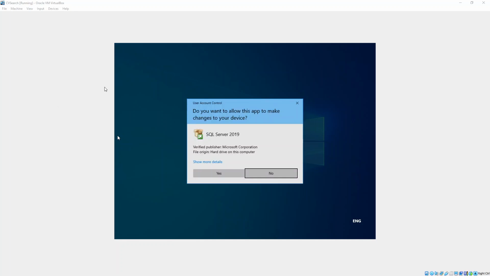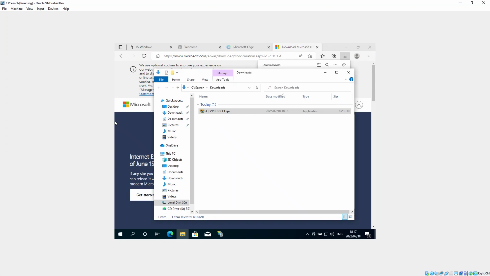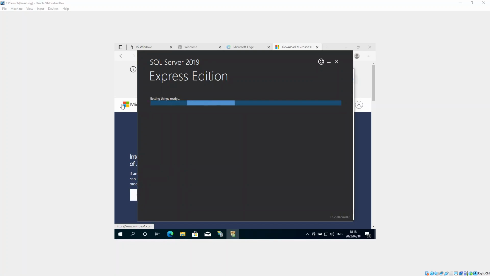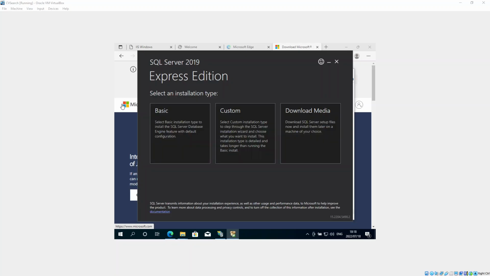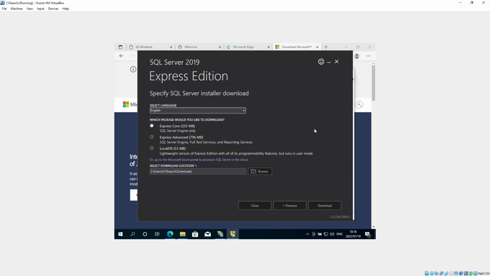you might get prompted with the user account control. It says, do you want to allow this app to make changes? Just choose yes. You'll see the options here come as basic, custom, and download media. I've chosen the option to download media, and then you'll see there are 3 different versions: Express Core, Express Advanced,